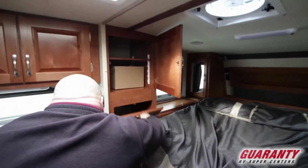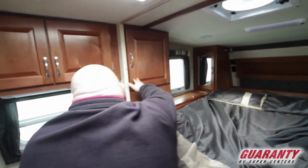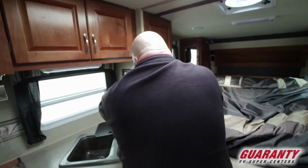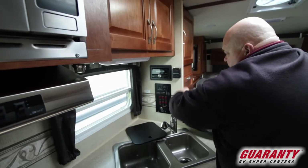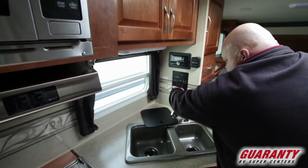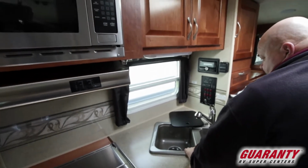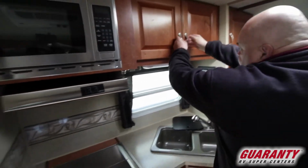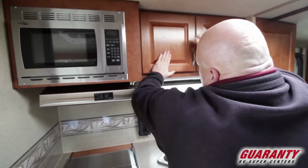Adjustable shelves, and more storage there if you need it. So as far as storage goes, this has a lot. All your controls right here. AM, FM, CD player, air conditioning controls, all your levels, switches all in one spot, dual sink with covers. And by the way, these are nice cherry wood cabinets, solid wood,